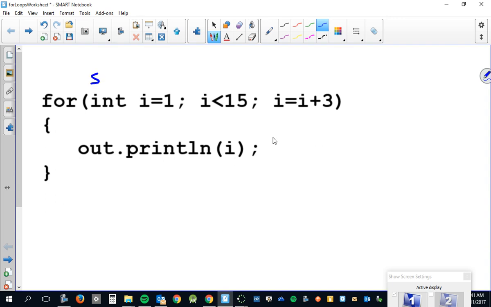This happens, I'll put it this way. The initializing happens once at the beginning. At the beginning of the whole loop. Before the loop starts, really, I guess we would say. Be careful how I say it. And this one,